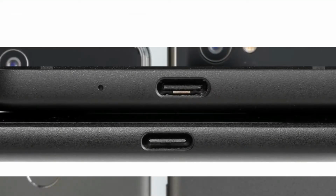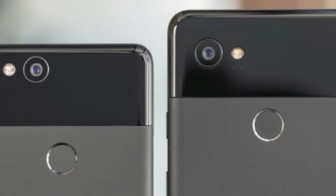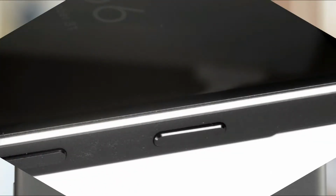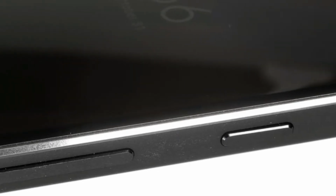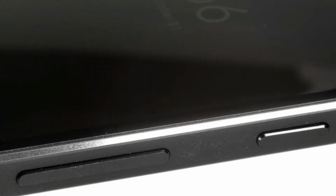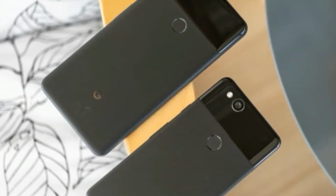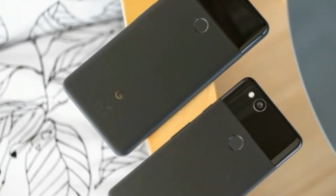In the US, this phone is sold on contract through Verizon only among carriers. But worry not, ordering it from the Google Store will mean it works on all networks, including AT&T, T-Mobile and Sprint. Design. The Google Pixel 2 has a likable size and aesthetic, if you can look past the fact that